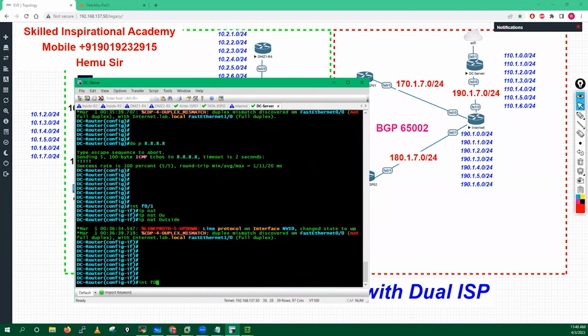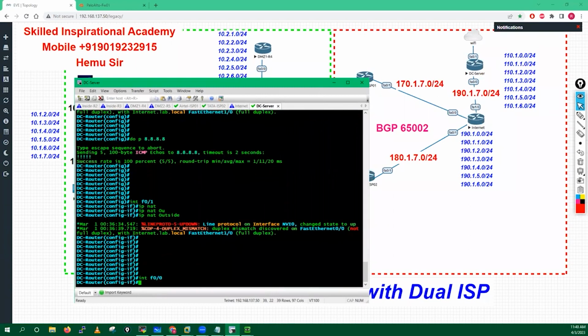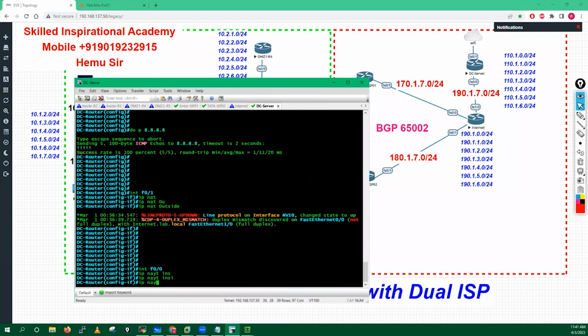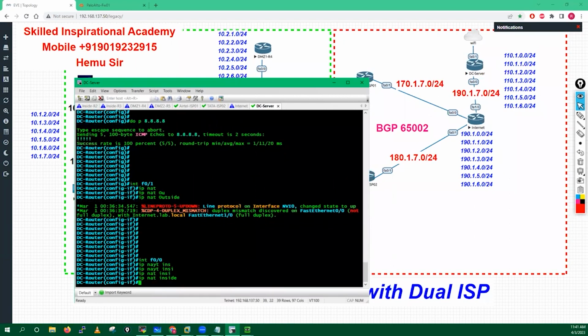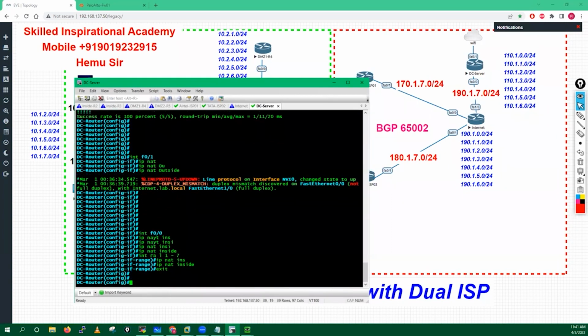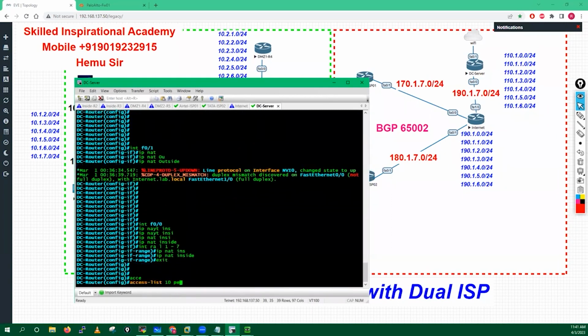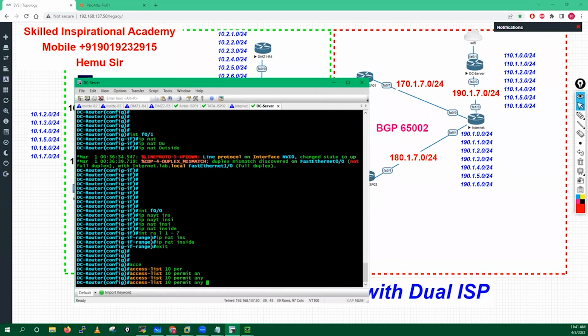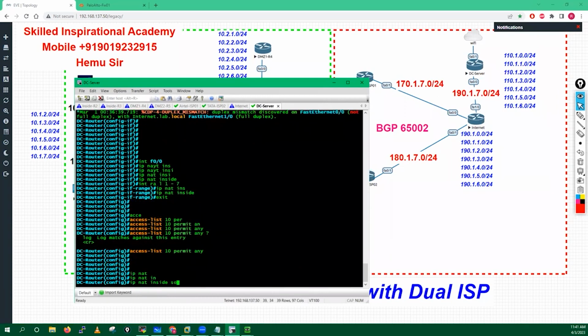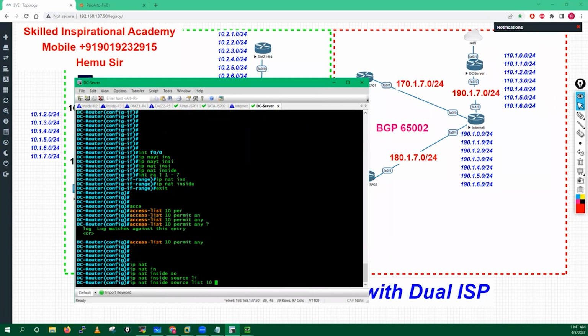Now interface F0/0, ip nat inside, then interface range loopback 1 till 7, ip nat inside, exit out, access-list 10 permit any, ip nat inside source list 10,